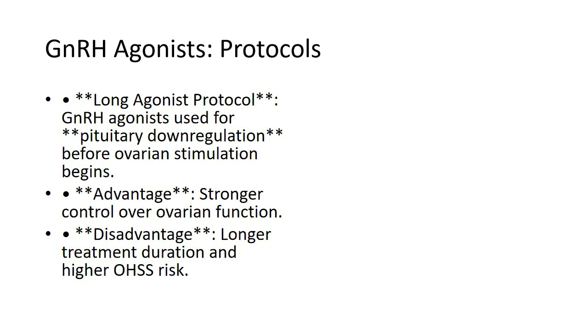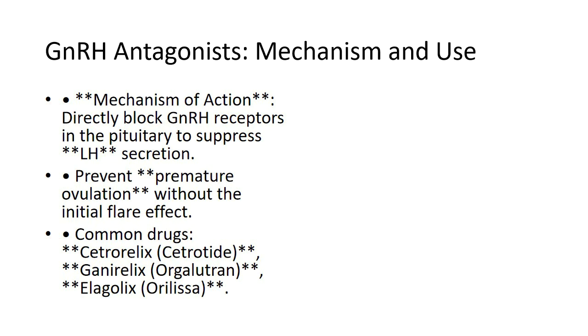2. GnRH antagonists. GnRH antagonists are synthetic drugs designed to block the action of GnRH at the pituitary level, preventing the release of LH and FSH. Unlike GnRH agonists, antagonists do not cause the initial surge in LH and FSH, but directly suppress their secretion. Mechanism of action: